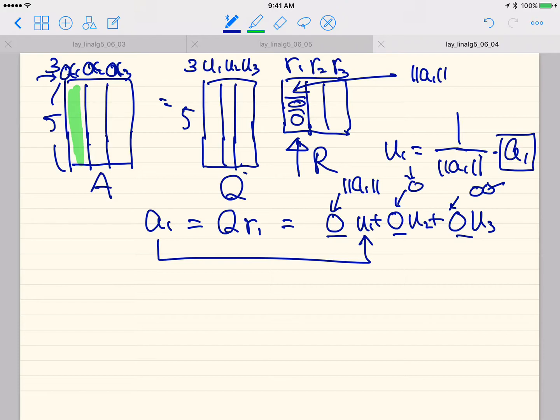Okay, and then let's think about the next step that we have gone through. A2, what was the process? So we move on to the second column, and we first compute the projection of A2 onto the previous subspace, right? So proj W1 of A2. Then what is this guy? This guy is spanned by U1, right? So W1 is spanned by U1, and then this part,